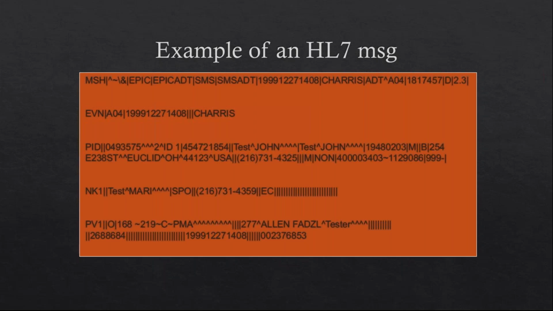Sorry about that. Each field is again divided into components, as I said. Let us understand what that means. The PID segment includes patient identification, and name is one of the main factors for identifying a patient, right? So PID 5 indicates name. PID 5 here has Test John. Now, when we talk about name as a whole, we know that each name will have a first name and last name, right? It might have a suffix like junior, senior, or a prefix like doctor or something else.